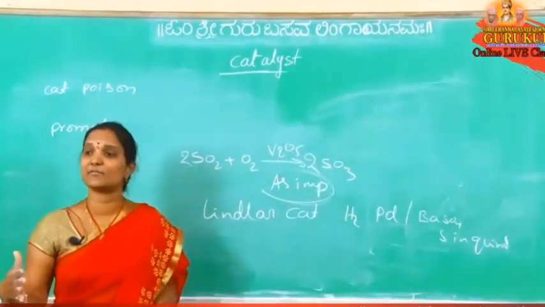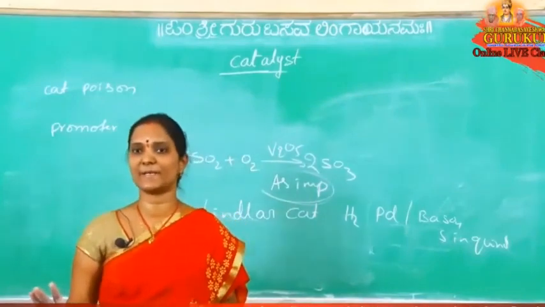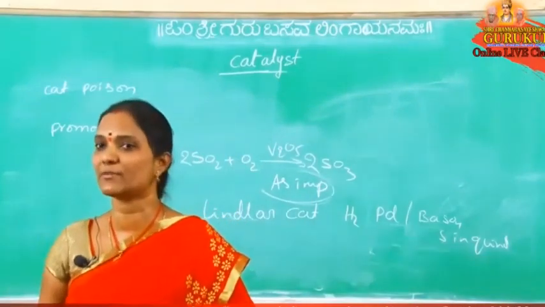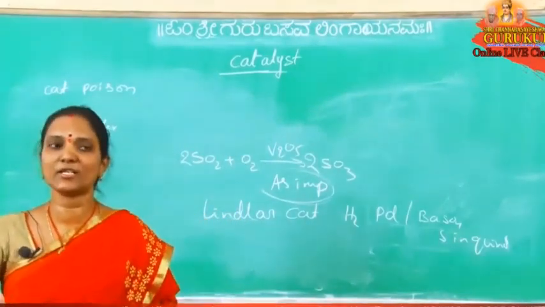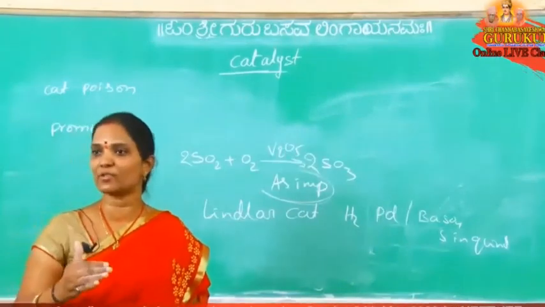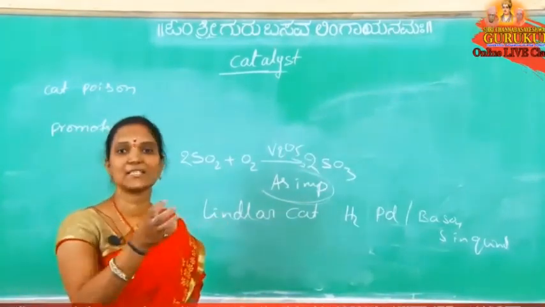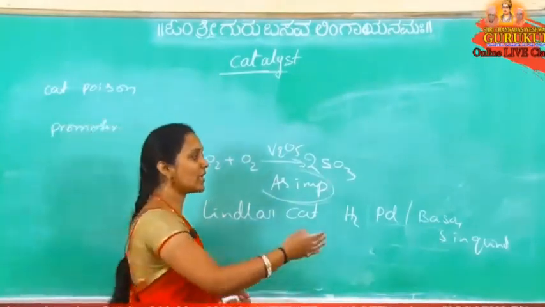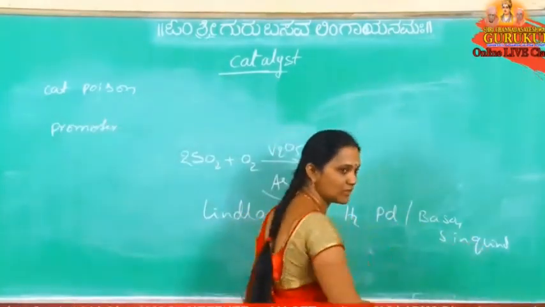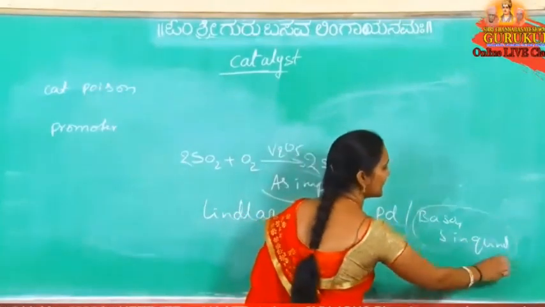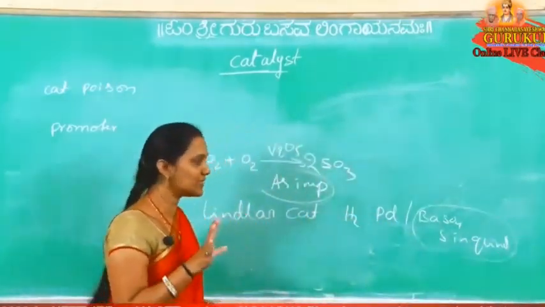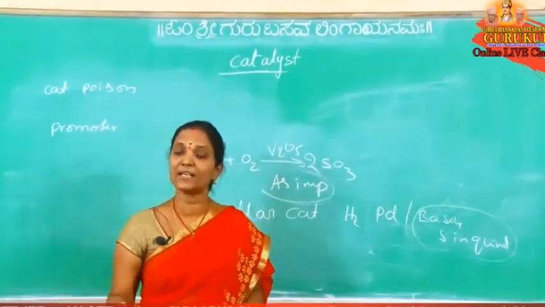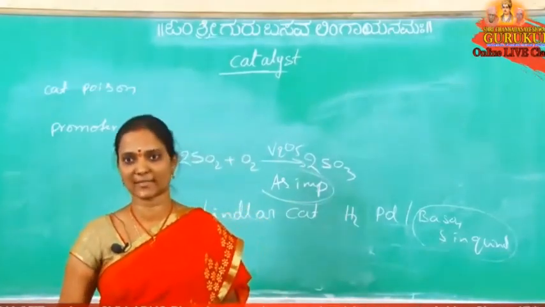Without barium sulfate and sulfur quinoline, complete reduction takes place. This one we are specially using for partial reduction. Partial reduction means a smaller amount of hydrogen should be added, so this catalyst activity we should reduce. To reduce the catalytic activity, we are using barium sulfate and sulfur in quinoline. It acts as a catalytic poison. So if this catalytic poison is not there, complete reduction takes place.